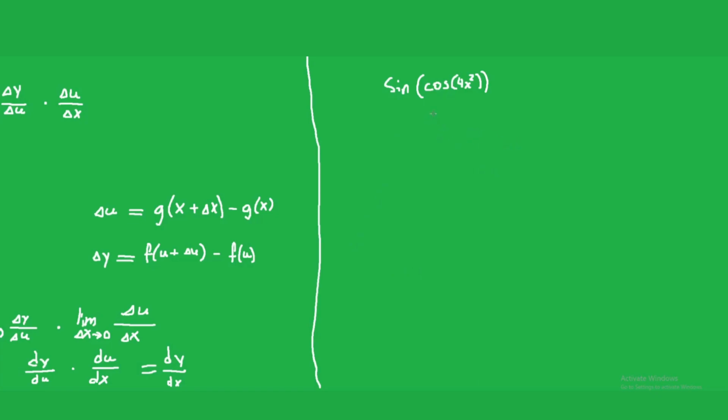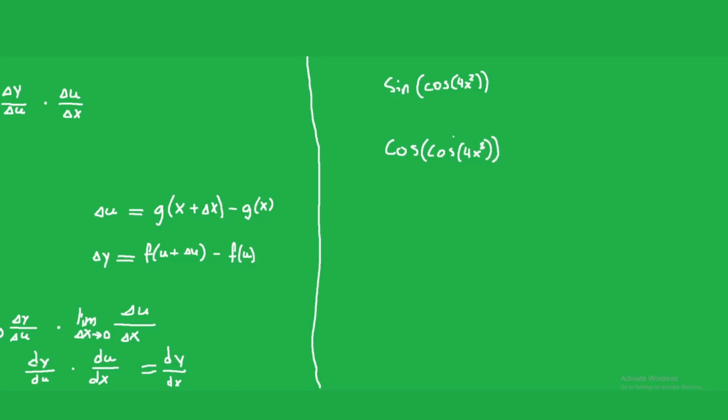Okay, so what we have on the inside here is sine of cosine of 4x squared. And in order to do this, we're actually going to be breaking this into a handful of things, but the best way to do it, in my opinion, is let's start from the top. We need sine of cosine of 4x squared. Let's treat this as its own thing. So first, we're taking the derivative of sine here, cosine, and usually we would denote this by u. I'm just going to go ahead and write cosine. This is u, like this internal part is u, like we've done before. It's just a complicated u, cosine of 4x squared,